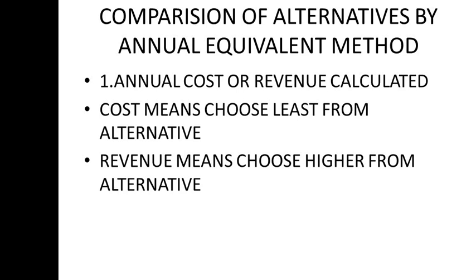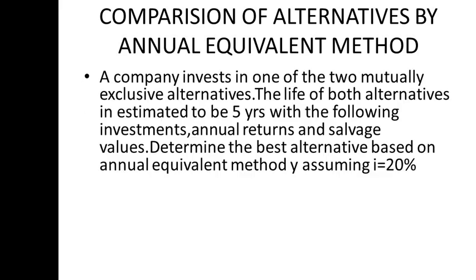Out of these three, which one do I have to choose? Only two steps: first, whether it is up or down, and second, which formula I have to choose. Fine, we'll go to this annual. We have to calculate the annual equivalent return value, so we'll see the formula and the problem for that.